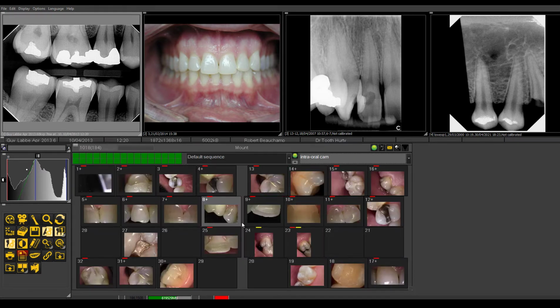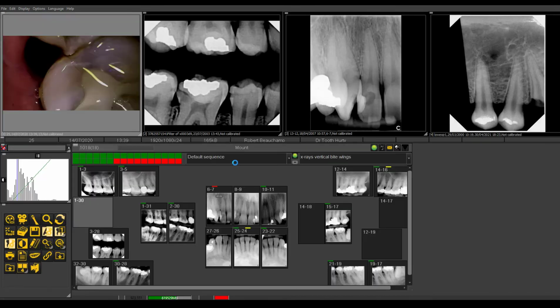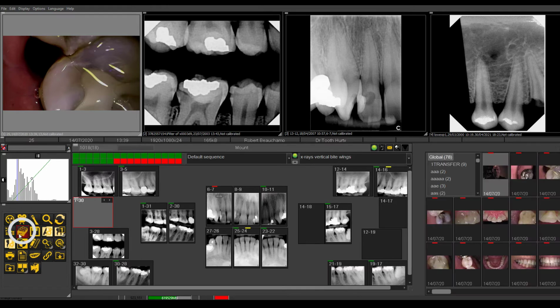So the library, in my opinion, is one of the most powerful tools you can utilize in practice in regards to enrolling patients for treatment. And when you're showing patients the problem, which is what we're doing with the intraoral camera and the X-rays, this is where it allows you to give them the perspective on a problem. And then the next step is really to be able to utilize your library to click and show them the